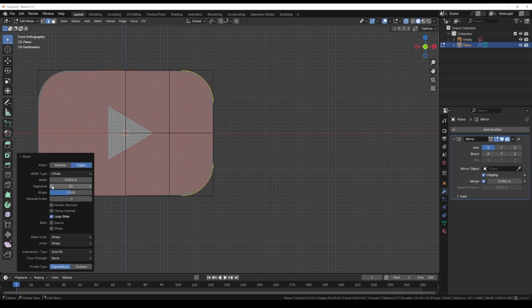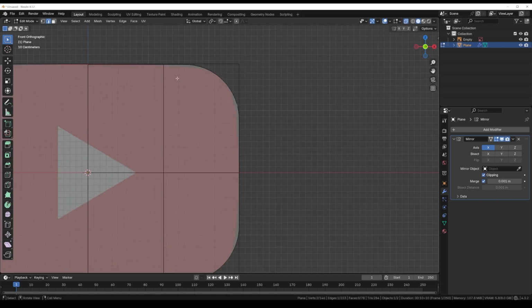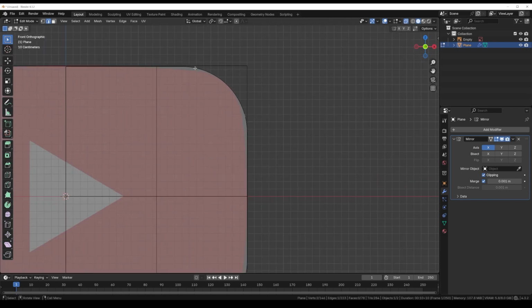So at the moment I've got 53, which I think is a bit too much. Let's make it 32. I like to work with round numbers like 32 and 64, binary type of numbers. Okay, so that's basically what we've got now. But as you can see, we need to pull them down a bit to get the actual